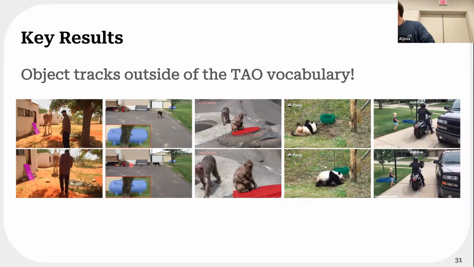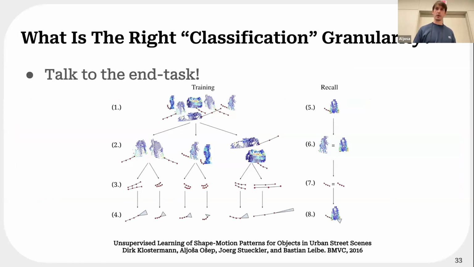So yeah, this is our current progress on this problem, right? So how to tackle the tail issue and how to do open world tracking. And I'm just getting to the end of my talk. And before I conclude, I'd just like to throw out a few things to think about. So one is, of course, what is the right classification granularity, right? There are probably infinitely many, but I would say that this really depends on your end goal or the end